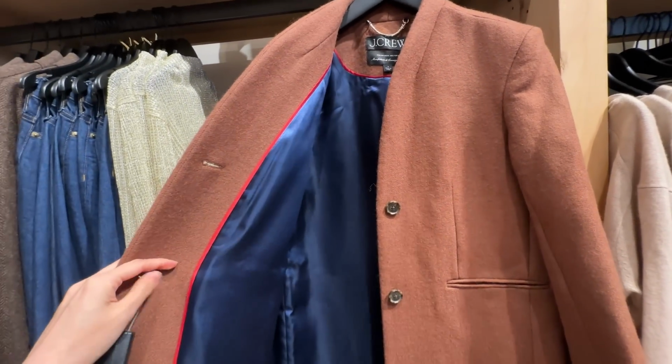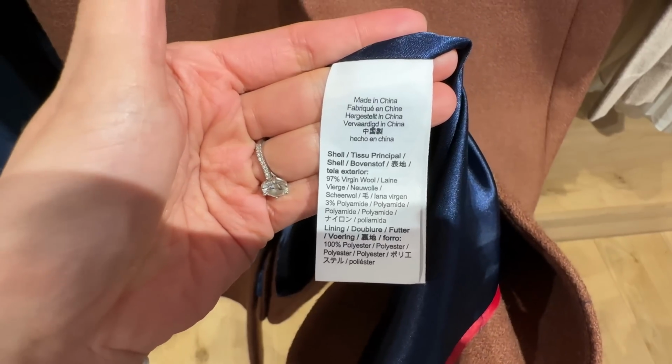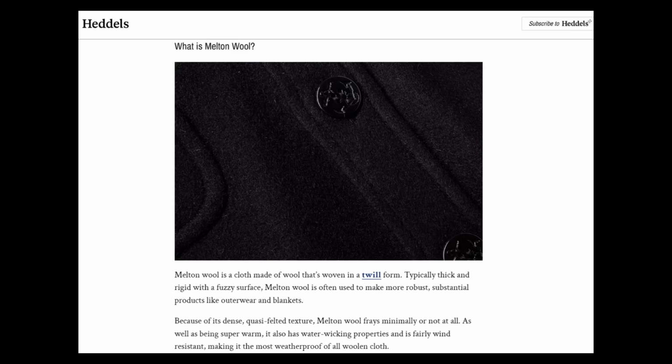The coat is mostly lined, but there is a bit of exposed coarse fabric at the neck there. And if you're not wearing a turtleneck or a scarf, that's going to touch your neck and you're definitely not going to be comfortable wearing this coat. Now this coat is 97% wool with 3% polyamide, so we know it's going to be warm. And since it's wool Melton, which is a thick, dense weave, we know it's going to be water and wind